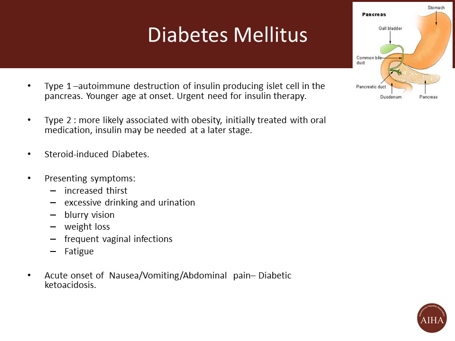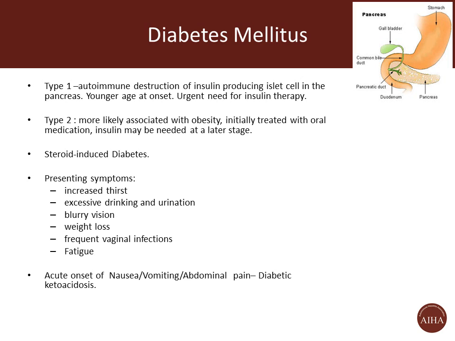Moving on to talking about diabetes and glucose in patients with autoimmune hepatitis. As I mentioned, type 1 diabetes, the autoimmune form of diabetes, can be associated with autoimmune hepatitis. This is related to the destruction of insulin-producing islet cells in the pancreas, the gland next to the stomach and the intestines. Type 1 diabetes usually occurs at a young age, and in that condition, there's an urgent need to start insulin therapy.